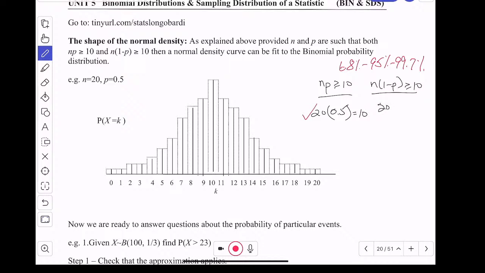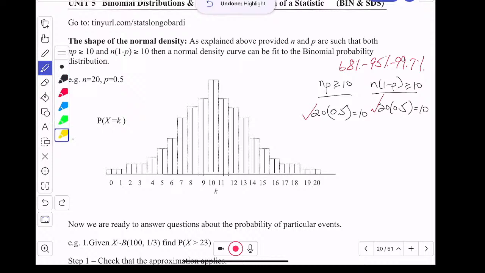N times 1 minus p is 20 times 0.5 as well. So that's equal to 10, and so that's greater than or equal to 10. So it satisfies our criteria, and so we can imagine that this binomial distribution,